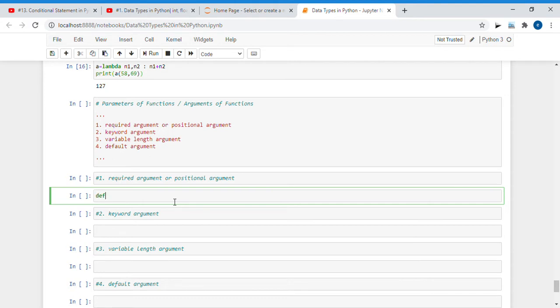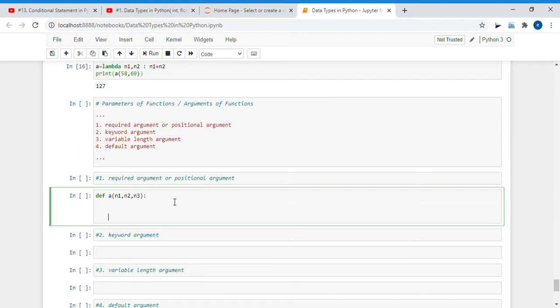For example, if I write a function called name and specify various arguments inside it, suppose I specify here n1, n2, n3. So I specify three different parameters.